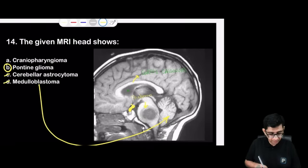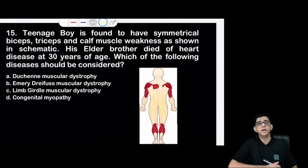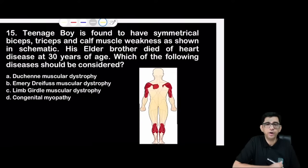Okay, we sorted for 14 and we move on to the 15th one. We have a teenage boy who is found to have a symmetrical biceps, triceps, and a calf muscle weakness as shown in the schematic. Elder brother of this particular case,